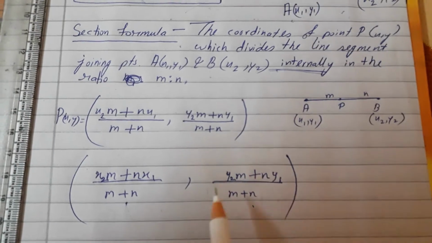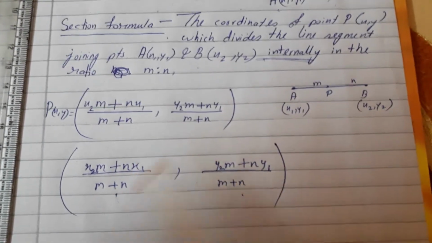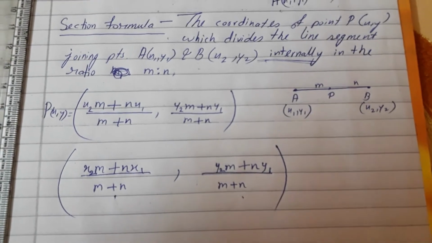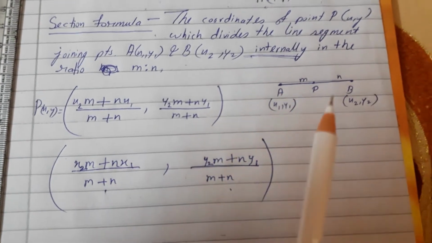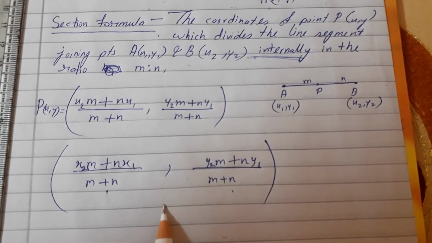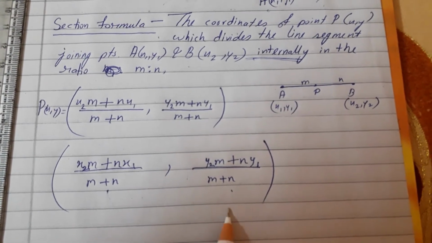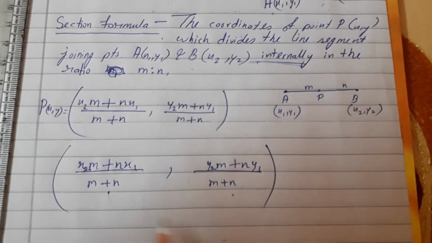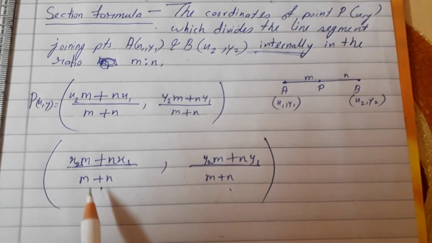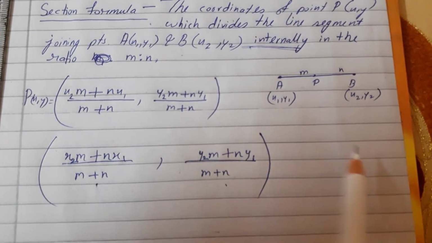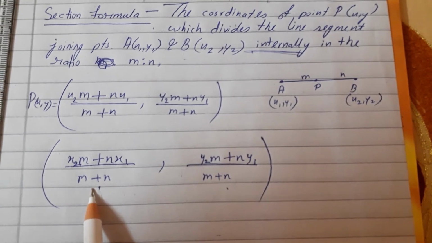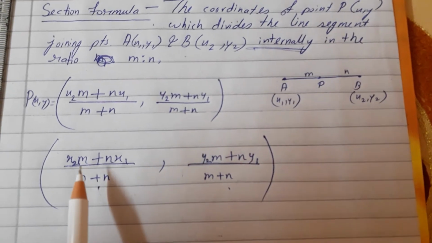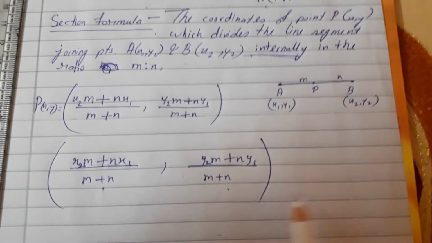But if you learn this formula by rote, there might be some confusion. So do not learn this formula by rote. Always learn this formula the way that I have shown you, and then there will be no mistakes in writing the formula. In the numerator first write the sum of the ratios, in the denominator also the sum of the ratios, for both the cases x and y. Then multiply x and y, then 2 1 2 1. See, the formula came easily.